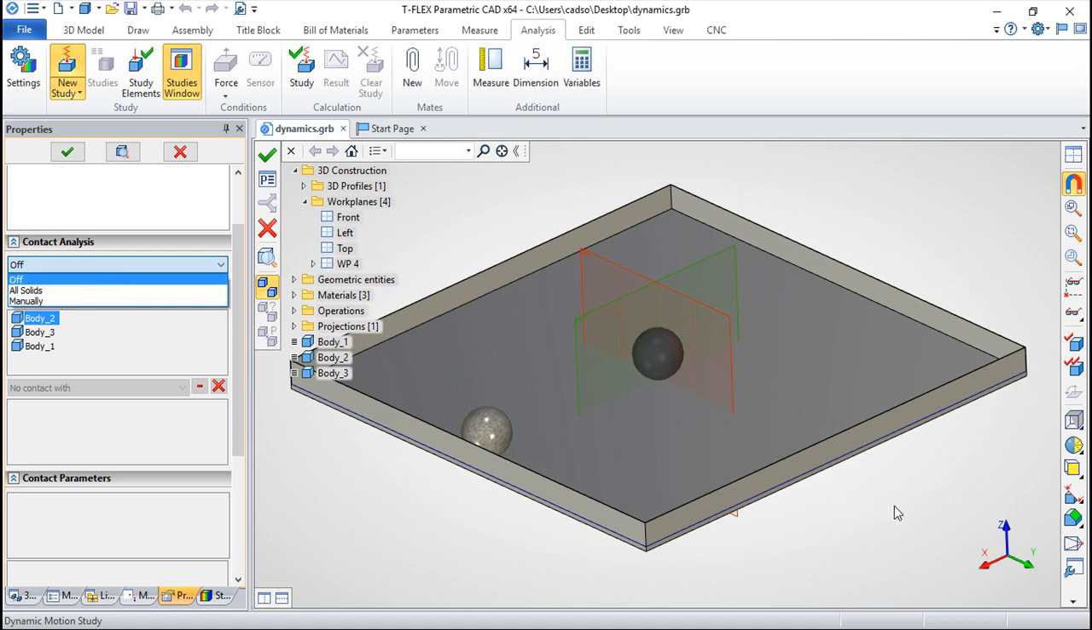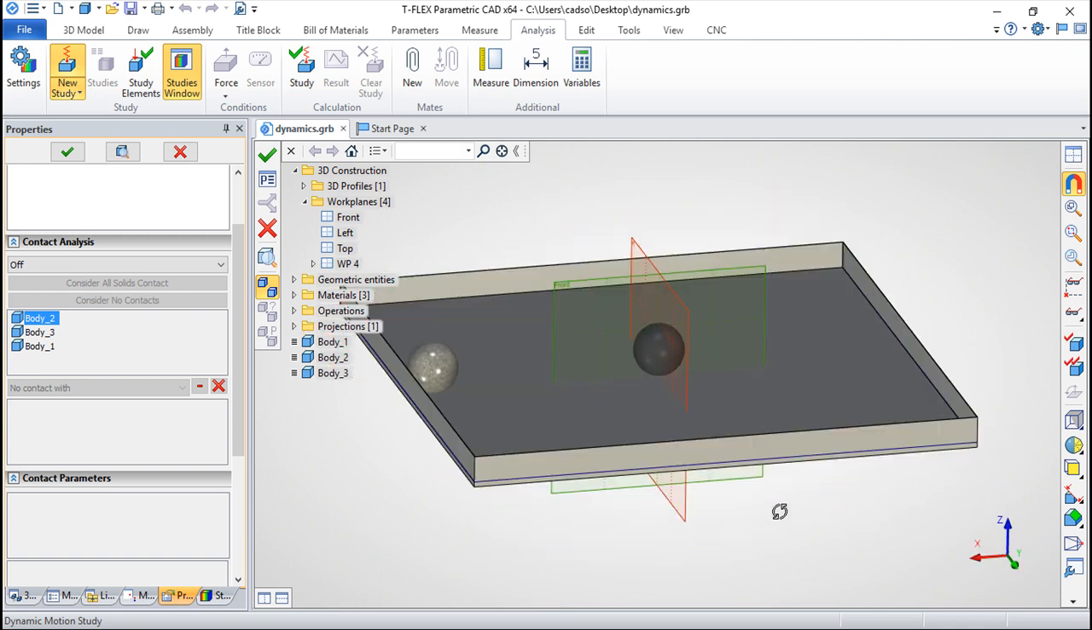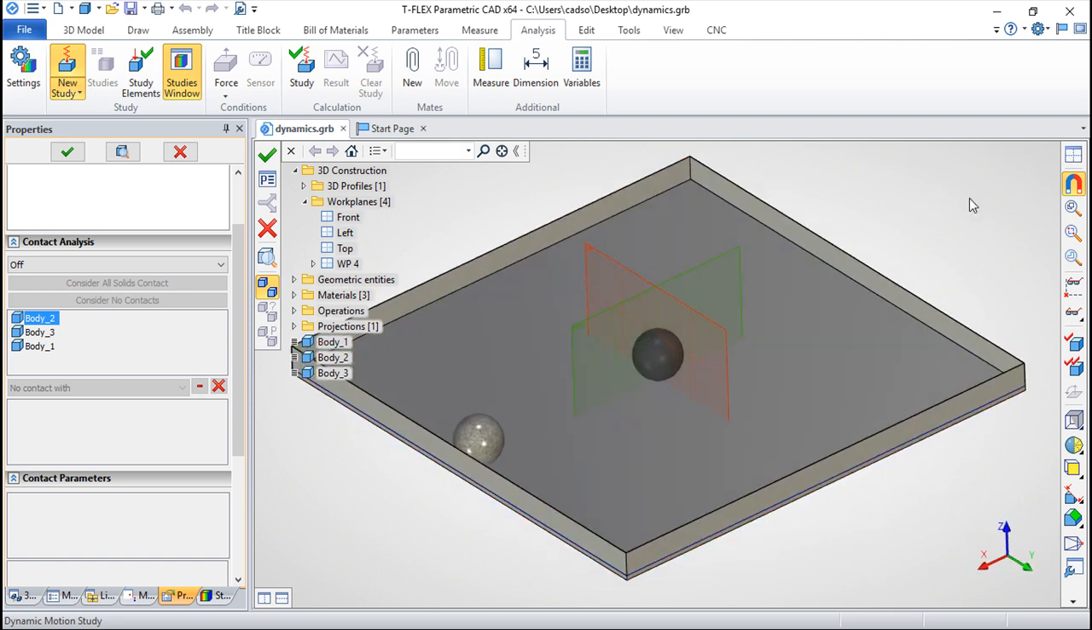In this particular case, what I have is a table or a box where I have two spheres, and I've applied characteristics to each one of the materials. This one is a metal container. This one is a sphere made out of rubber, and this is of granite. So they have different densities and different characteristics that will be applied when we study this system. So contact analysis, all solids,